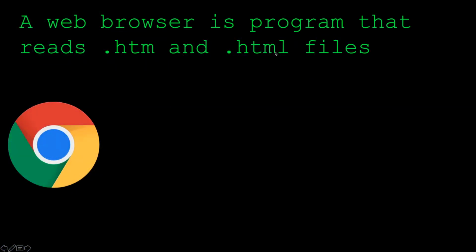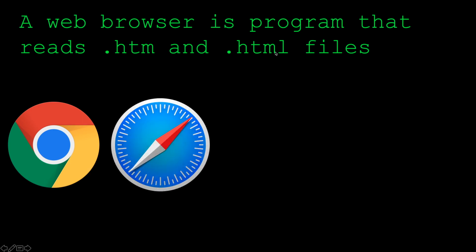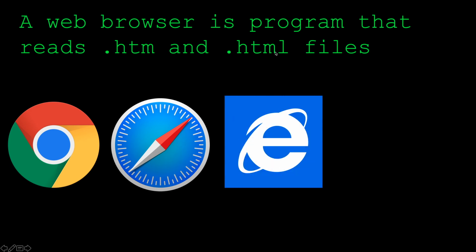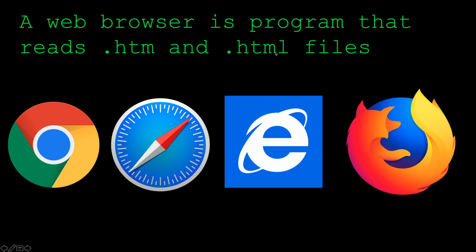But with HTML web browsers, there's a variety of ones, aren't there? And so what's that one? That one's, of course, Google Chrome. And that one is Apple Safari, whether on a Mac or on an iPhone or iPad. That's the one Jen was talking about in that video, Internet Explorer, or Microsoft Edge is the newest version of that. And then there's Firefox. These are different web browsers.